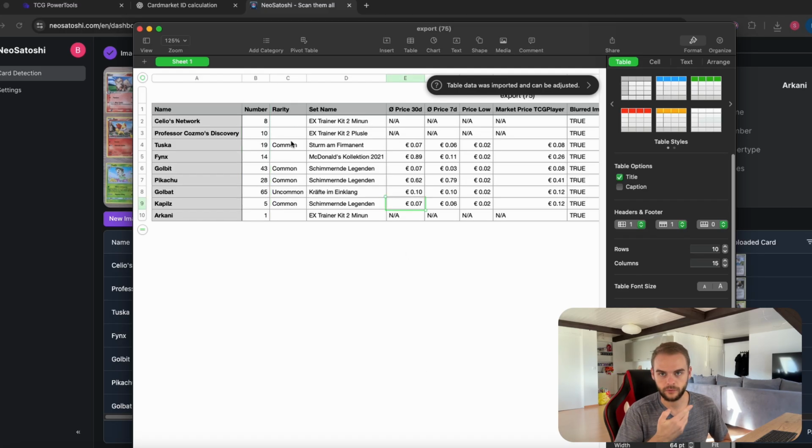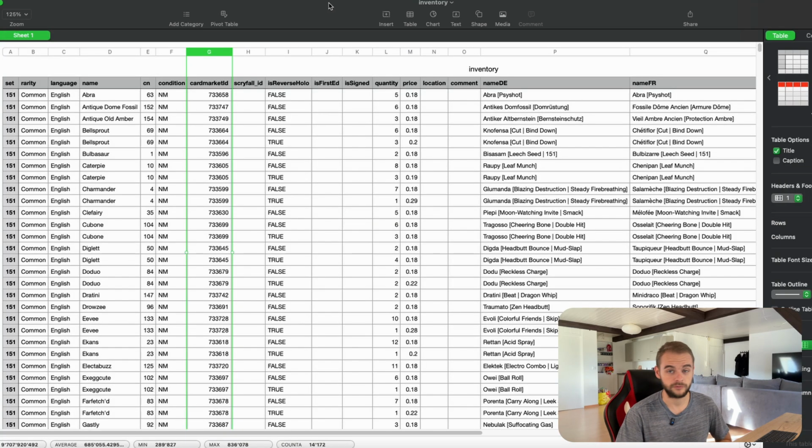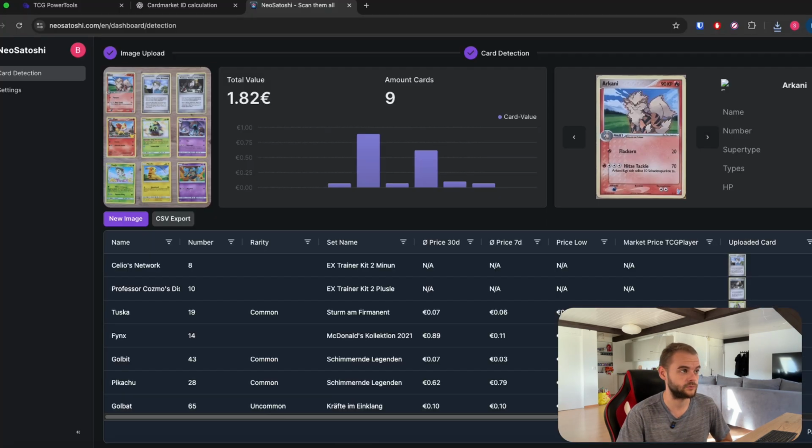If you have only one card, then you need to just count your cards. If you have like nine cards, you just count them by hand. You only need to take a photo once, and then you have it. Okay, then coming back here, if you're missing the CardMarket ID, I wrote also a small script on ChatGPT